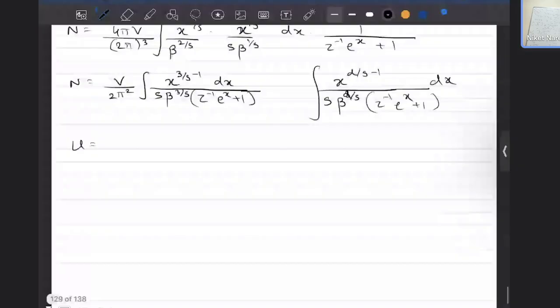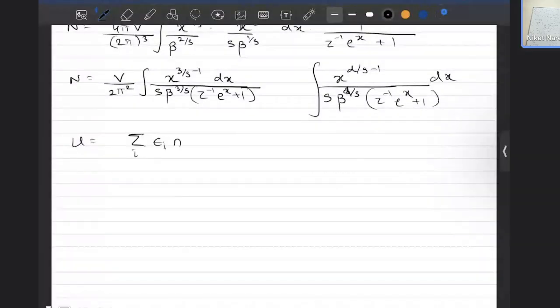Sum over I, epsilon I and I is U. So U becomes, this whole thing remains the same, just that I have k power s, because epsilon I, what is epsilon I? Epsilon I is just k raised to power s, right? So I just have a k raised to power s extra, which would mean that I have,